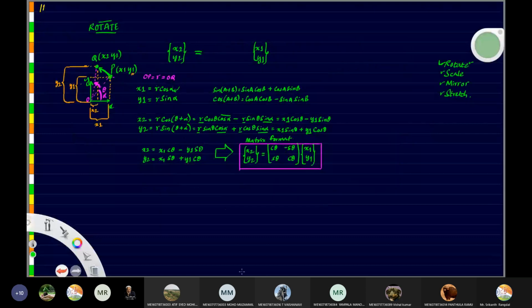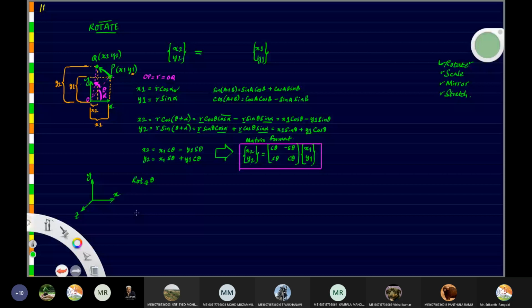Now coming to the rotation. Now when you come to rotation, it is not that simple. Fine. Because we have 3 axes: x-axis, y-axis, z-axis. Each of the matrices you will have to write. Fine. So first let me write rotation about z-axis. Rotation about z-axis by an angle theta.